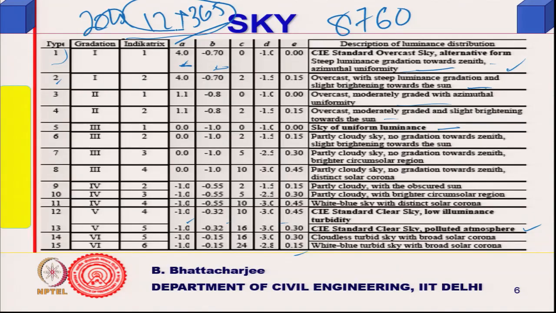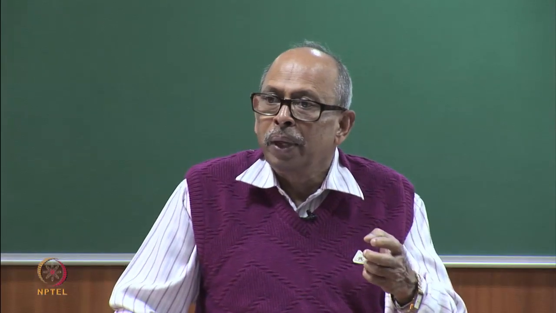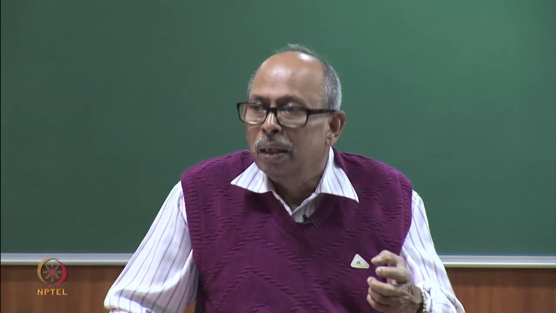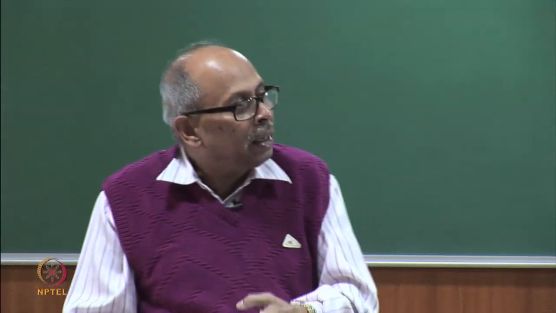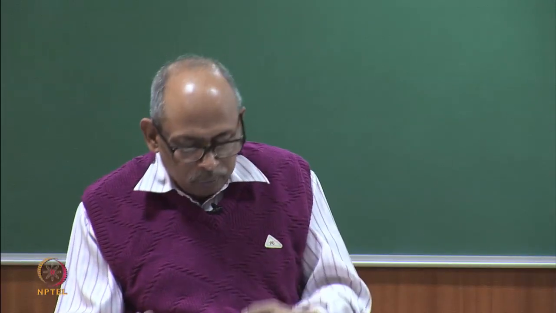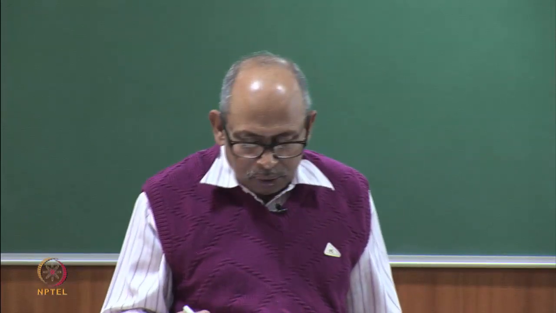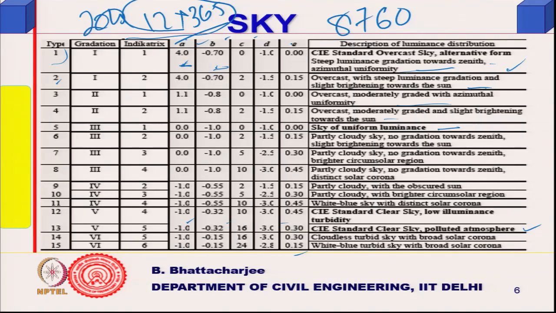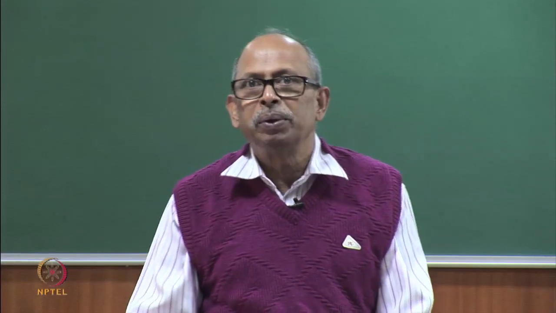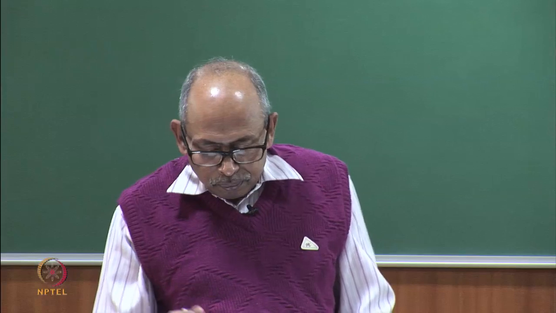So, if you are using software, you must use an appropriate sky, because most of them also calculate the energy saving due to the daylight. So, that has to take the right kind of sky into account. Now, to find out this ABCDE, either you make some notional assumptions or measurements should be available to find out what your ABCDE are. But there is another way of doing it also, that has been proposed based on